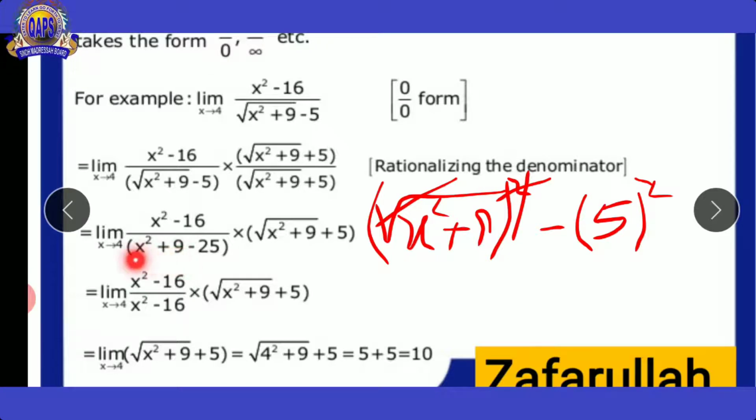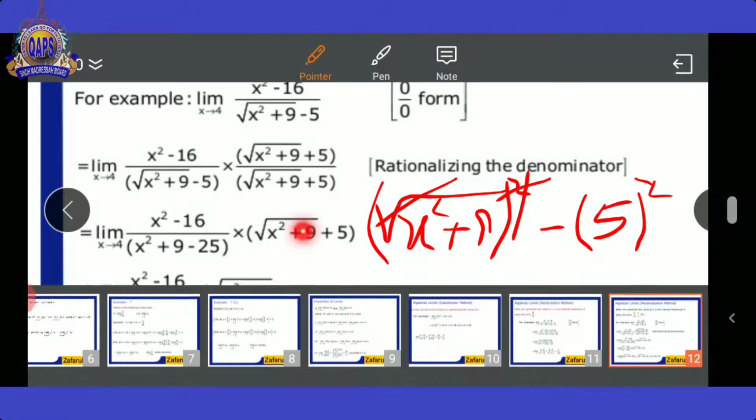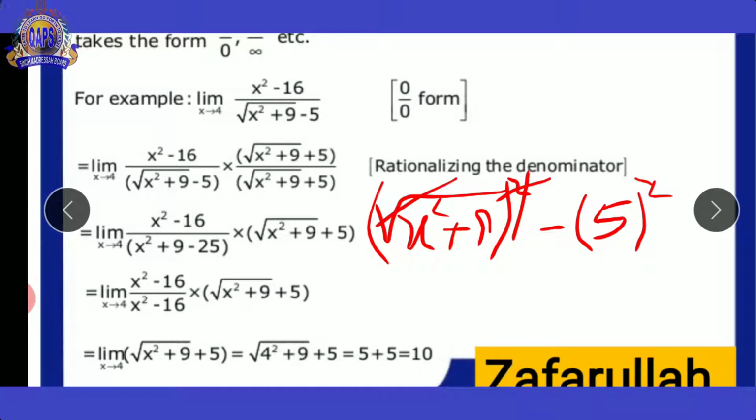Then the outcome will be x square plus 9, and this 5 square creating 25. Now here x square plus 9 minus 25, when we subtract 25 from 9, then the